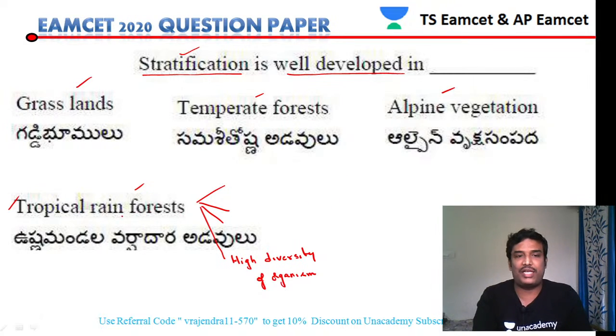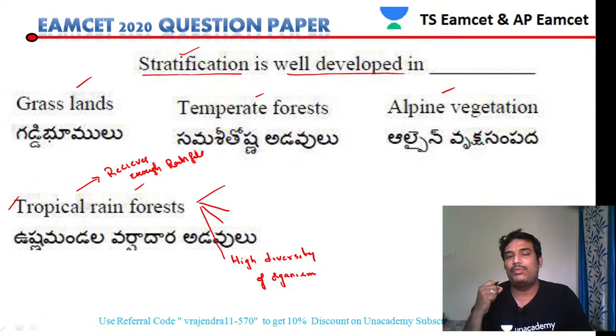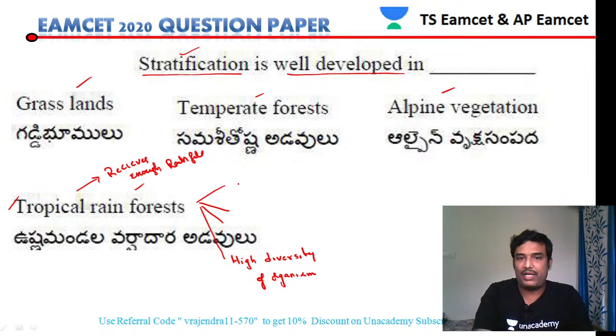The benefit of the tropical rainforest is that it receives more than enough rainfall. When there is more rainfall, more plants will grow, more insects will develop, and at the same time more animals undergo breeding, since they have enough food, and they increase the population. So in the tropical rainforest you have herbs,